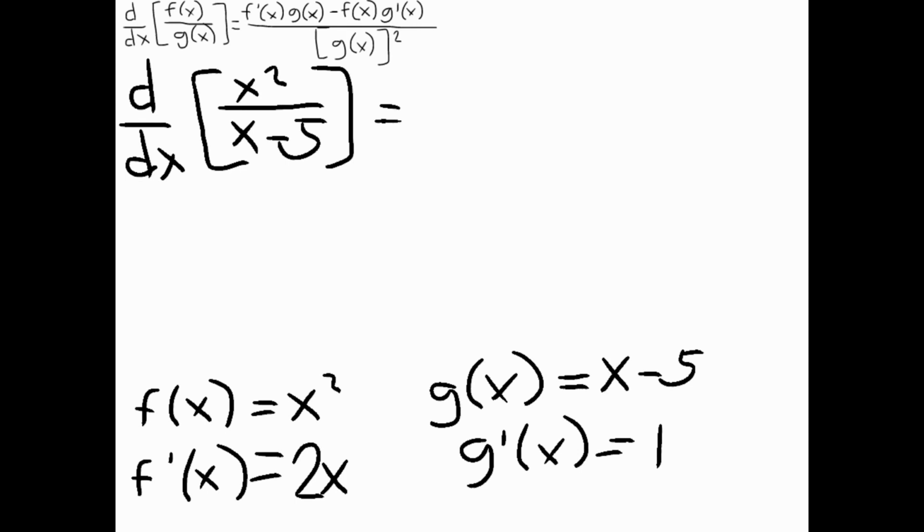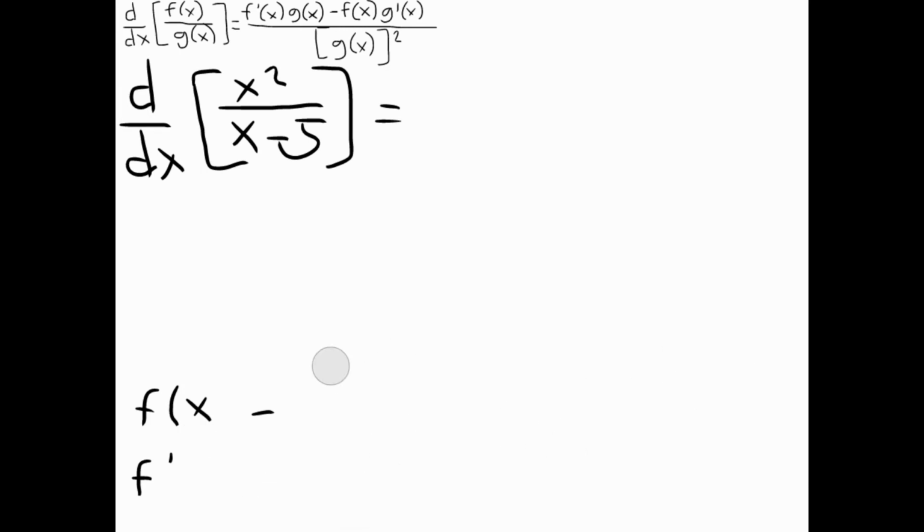Let us now solve the derivative of x squared over x minus 5 using the quotient rule. f prime of x is 2x times g of x, x minus 5